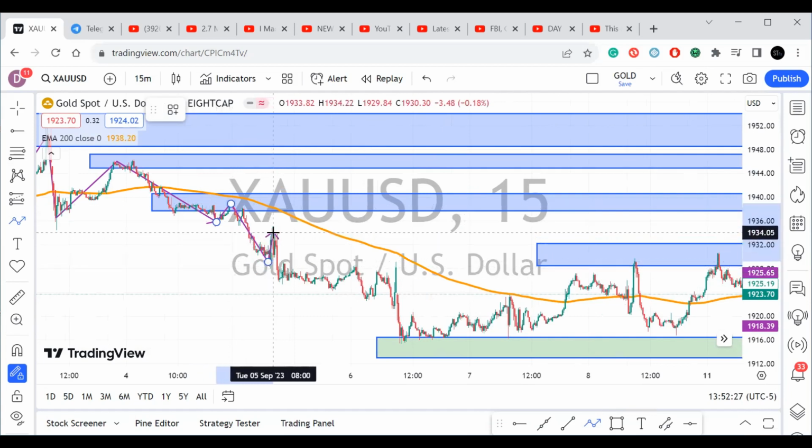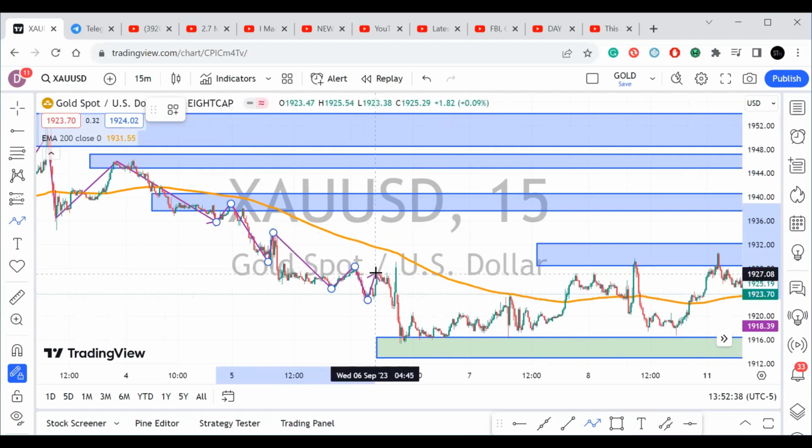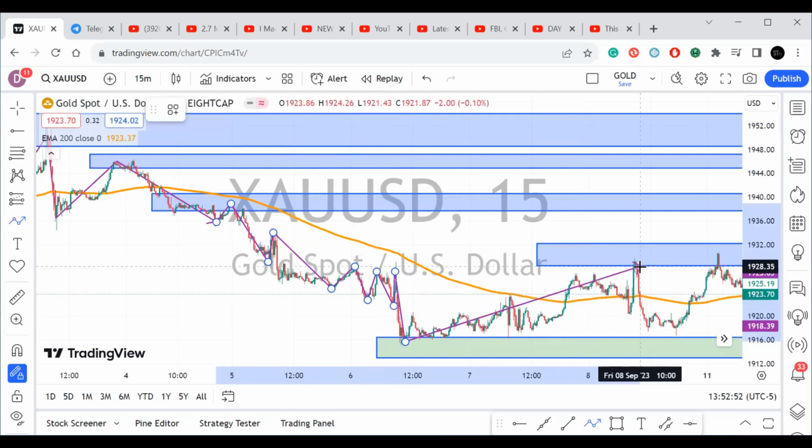We had a pullback. Then we have this new low. Have a new high. Have a new low. Have a new high. Have a new low. Have a new high, which we actually faked out. More like a 100% pullback. We have a new low. So this was the last structure here. So price made a 100% pullback, coming back into this zone. So this zone,